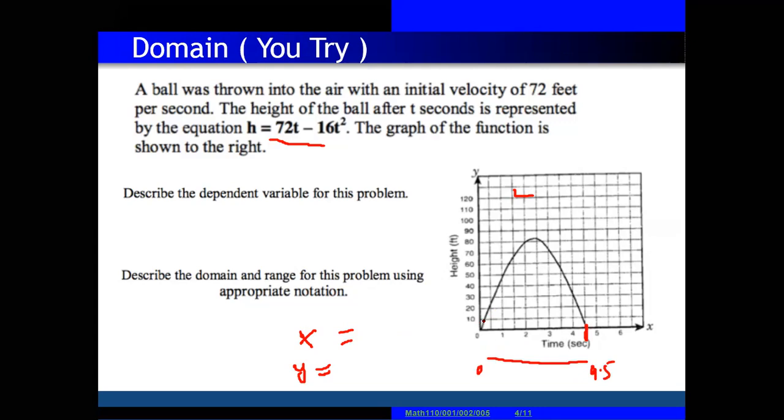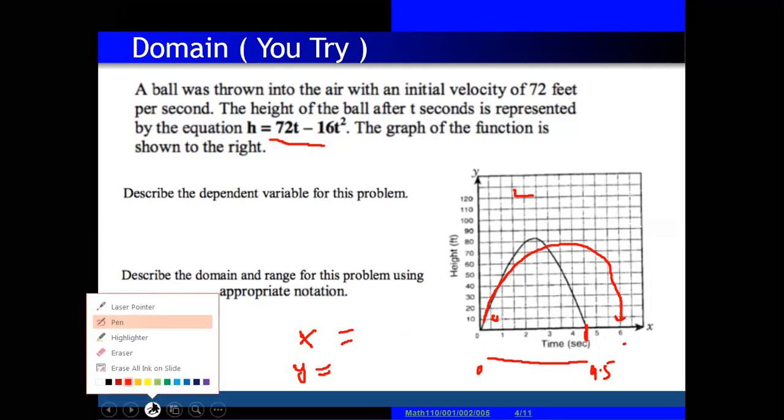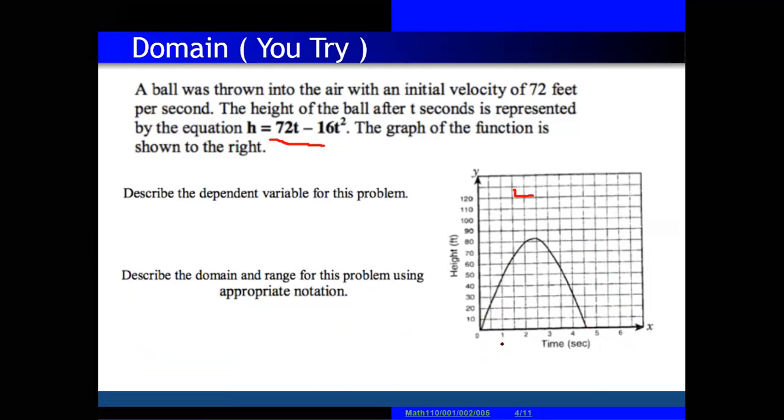If the graph is like this one and you reach 6, then the domain is from 0 till 6. Now what about the y value? The distance covered on the y-axis starts from 0 and reaches where? You can see here, 80 point something. So all these values are the range values. You can say from 85 till negative infinity, because the graph opens downward, so all these values are also included.